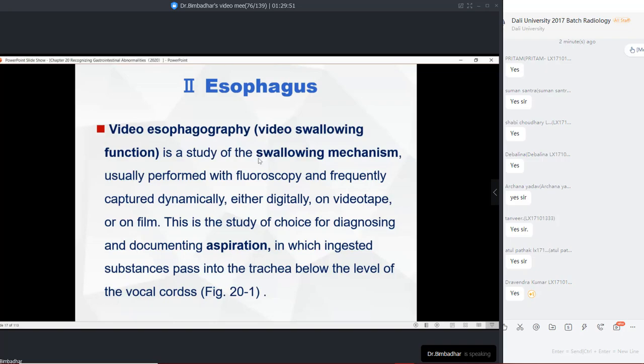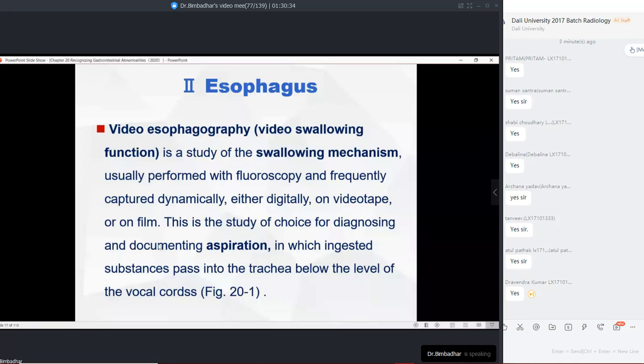Whenever you are ingesting barium into the oral cavity, first we instruct the patient to hold the barium inside the mouth. Then when the equipment is ready, we ask the patient to swallow it, and we monitor them continuously in the video scope. We get a video image first, and then we look at the images captured dynamically while the deglutition is happening,